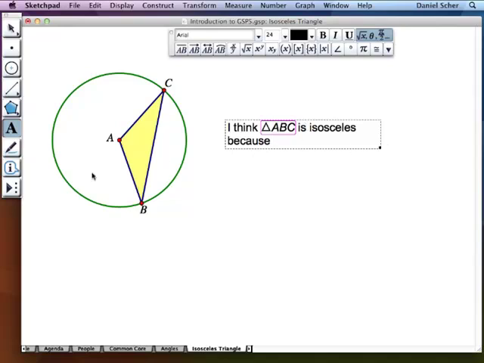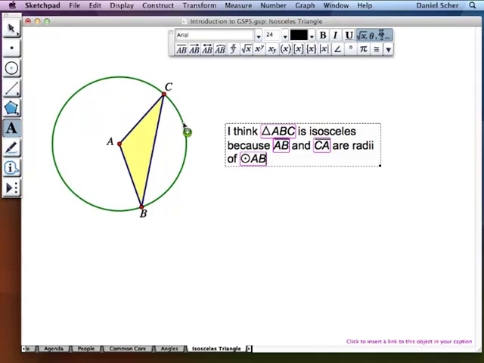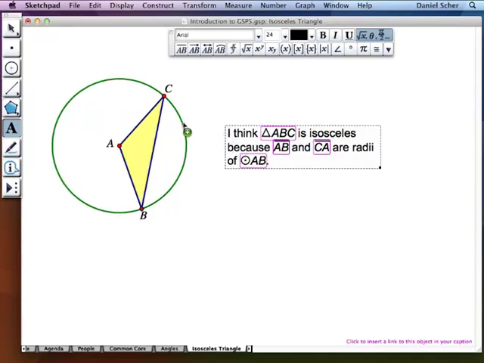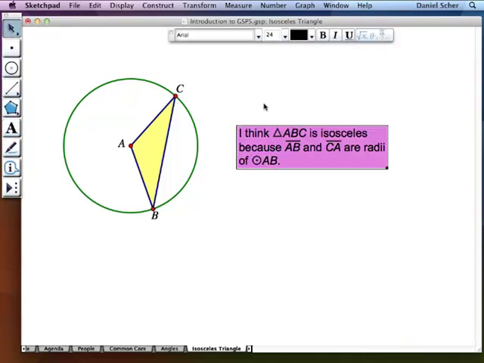Let's see, I think it's isosceles because AB, so I'll move over AB. AB and CA are radii of, well, the radii of the circle, so let's click on the circle. Ooh, there we go. So I think ABC is isosceles because AB and CA are radii of circle AB. Well, that's really nice. If I'm the person reading this